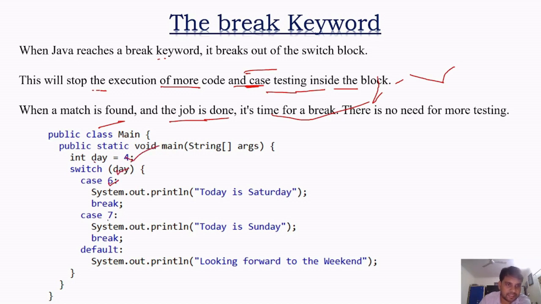जैसे यहाँ पे आप देख सकते हैं इंटीजर डे इज इक्वल टू 4 स्विच डे, लेकिन यहाँ पे केस 6 है, केस 7 है, उसके बाद डिफॉल्ट है। सो यहाँ पे क्या आउटपुट आएगा, यहाँ पे जो आउटपुट आएगा वो डिफॉल्ट आएगा। क्यों? बिकॉज यहाँ पे 4 है ही नहीं, यहाँ पे 4 कहीं पे है ही नहीं, केस 7, सो आंसर डिफॉल्ट आएगा। तो आउटपुट क्या आएगा, लुकिंग फॉरवर्ड टू द वीकेंड।